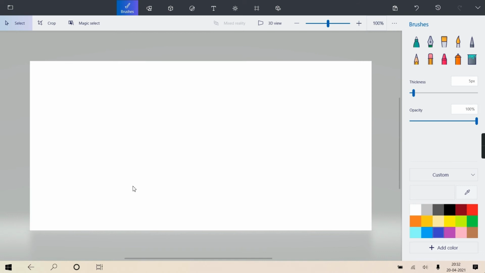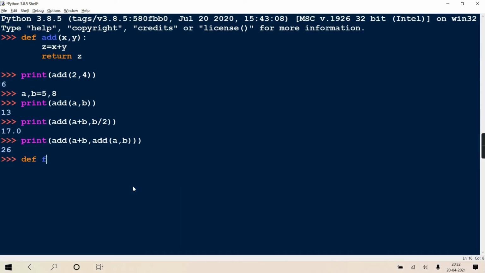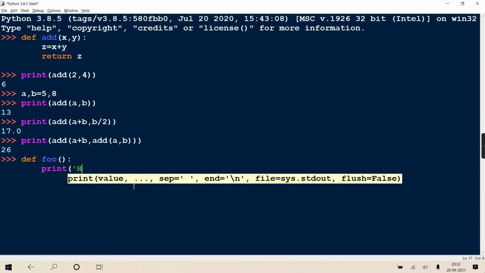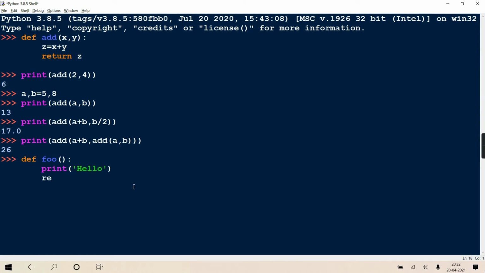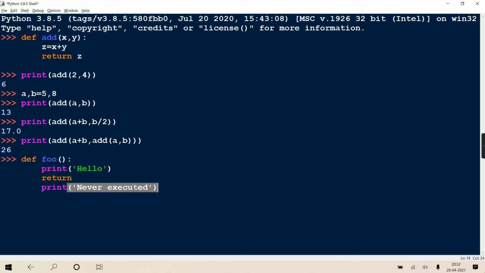Getting? For example, if I show you this way, like def foo I am writing, then print hello, and then I am writing return, and then I am writing print never executed. When I have given a statement like that, never execute, that is never going to get printed. So when I say foo,